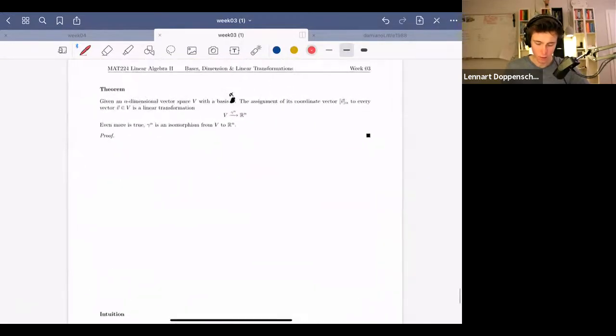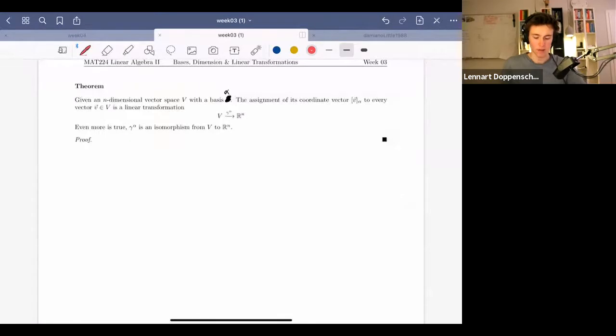All right, so we want to prove this is a linear transformation. And this isn't actually too hard because there are just two things we need to check for a transformation to be linear. What we start with is we pick two elements in the vector space. And then they have a linear combination in terms of alpha. So let me call this v equals v1 alpha 1.